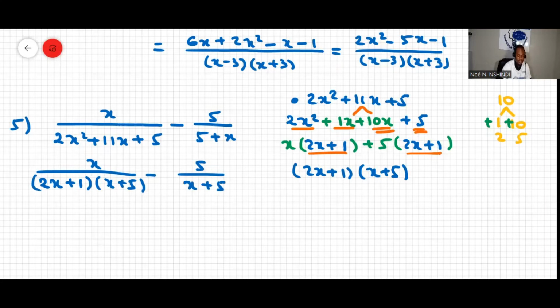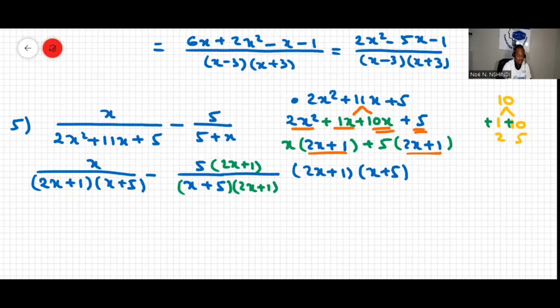Now, we note that this and this are common, but we don't have this part here, 2x plus 1. So to make it common, I need to multiply by 2x plus 1 on both sides. So let's just extend this a little bit like that, and then I'm going to put brackets here and then add 2x plus 1, and then also 2x plus 1. Now,